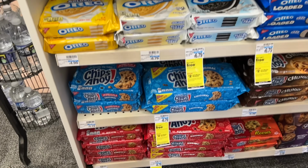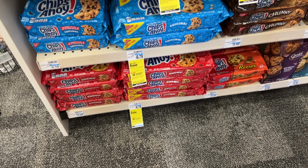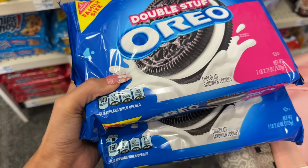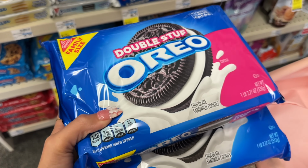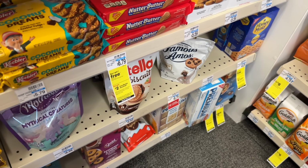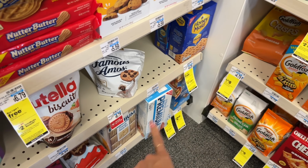You get a $2 extra buck, making it $4.79 for 2. Same with the Chips Ahoy down here, so you can mix and match which ones you want to get depending. But if you grab 2 of these with the $2 extra buck back, it makes it just $4.79 for both packs. Now, there's some other options like the Nutter Butter cookies, and also they even have graham crackers down here